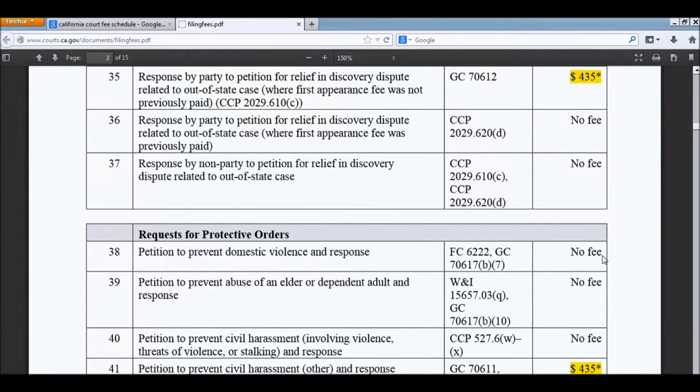The one thing that I deal with fairly often that is actually free is this. It's basically a domestic violence restraining order. So let's say that your husband, your boyfriend, whoever is abusing you. You can get one of these to basically get out of that relationship, get out of that household, and be protected. And there's no fee for that. If you are someone who's been accused of domestic violence, to file a response to deny the charges, defend yourself, there's no fee to file that document.